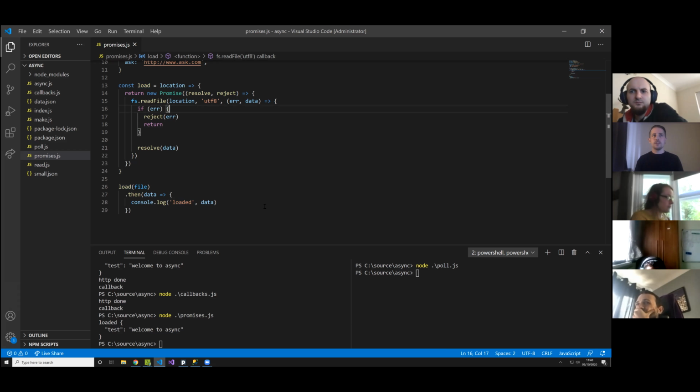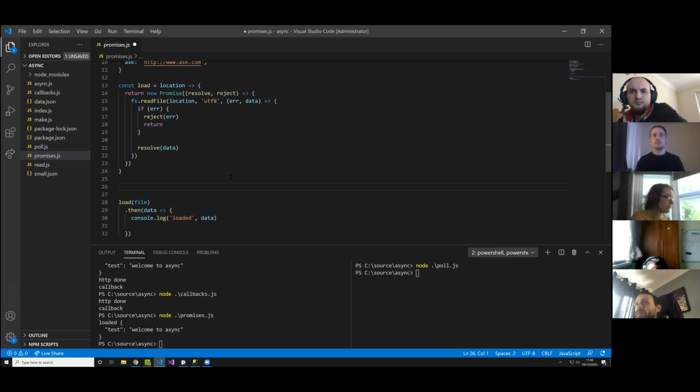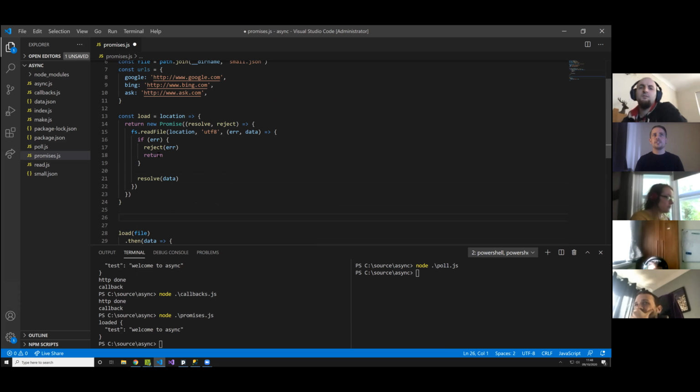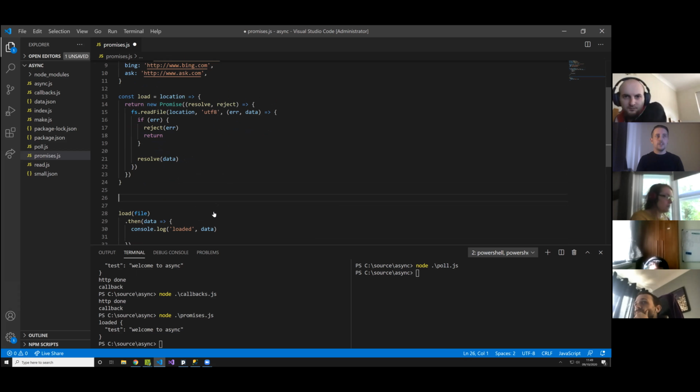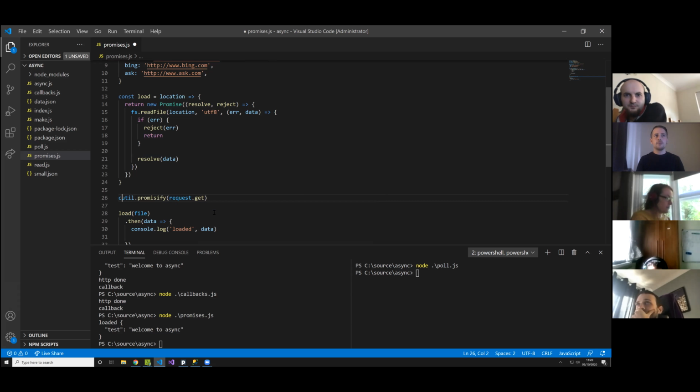So then what we're going to do is, let's say we want to do another asynchronous operation. Let's just wrap that up as well. There's another way that you can simplify wrapping a callback into a promise. That's a lot easier for this. I've just done this to give you an example of how promises work if you do need to define them. There's a util method called promisify, and this will take any standard looking function, where the callback is the last parameter and the first parameter of the callback is an error, and it will convert it into a promise. So I can say, can you please turn request.get into a promise,